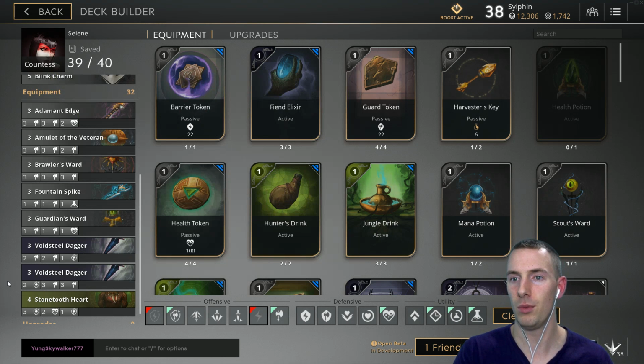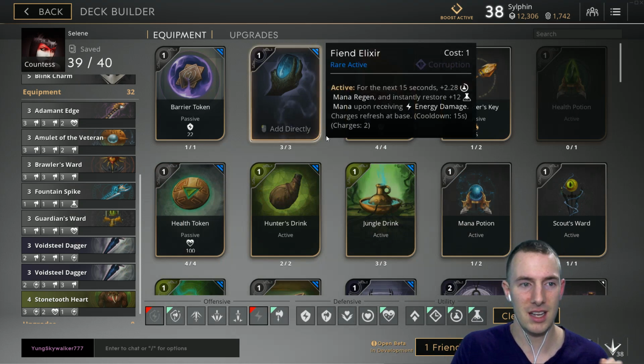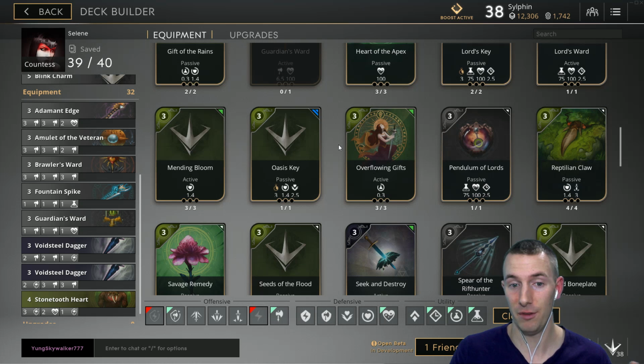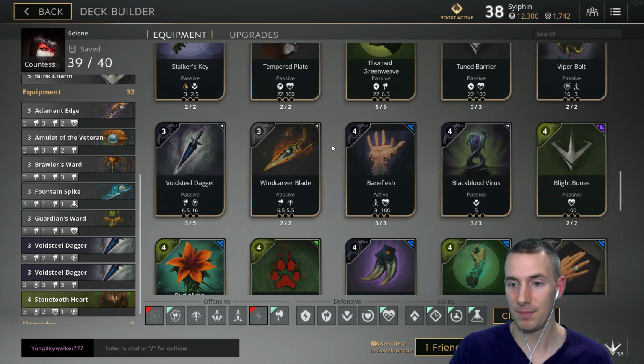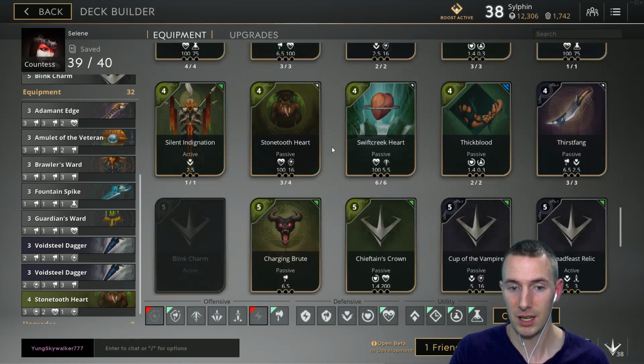It's 300 more than where the cutoff for armor actually starts to help you more than health. But trying to cart in some armor in here, I mean, it certainly is effective. She has definitely a very strong capability, right? Thorned Greenweave and a Spiked Boneplate. But,